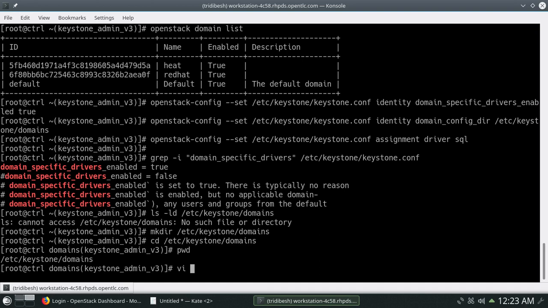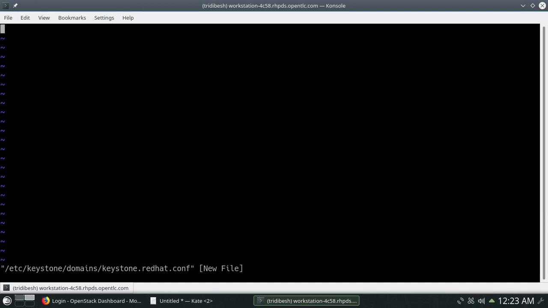So let's create the configuration file. This is the full path, /etc/keystone/domains, then keystone.redhat.conf. The naming format for your domain specific configuration files is keystone, then dot domain name, then dot conf.